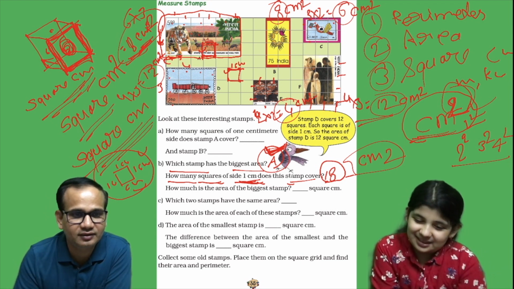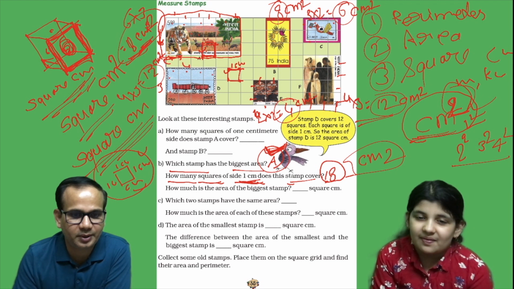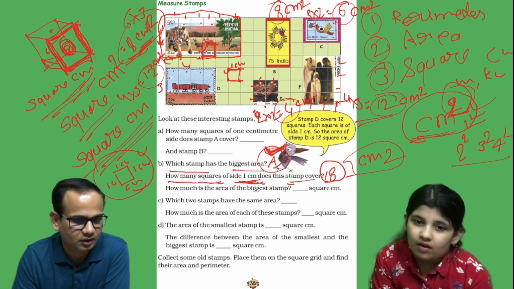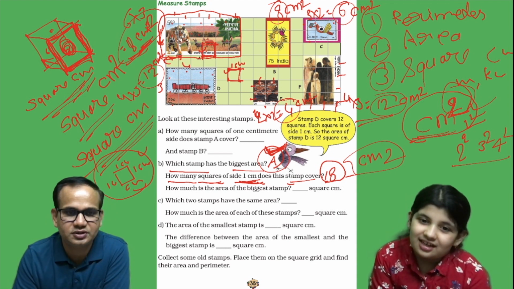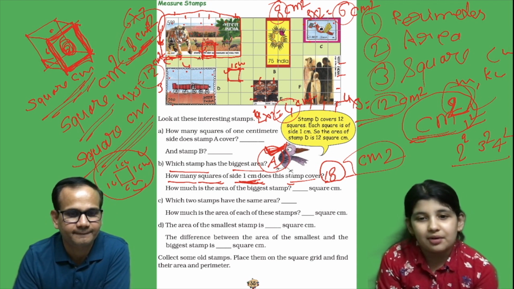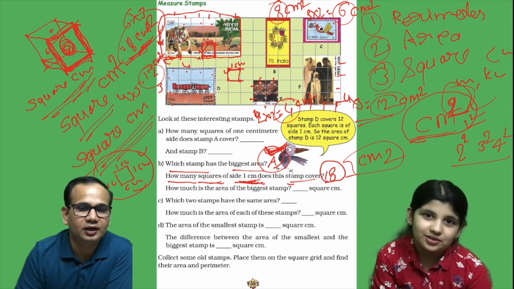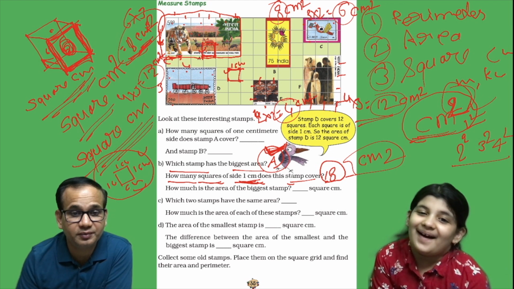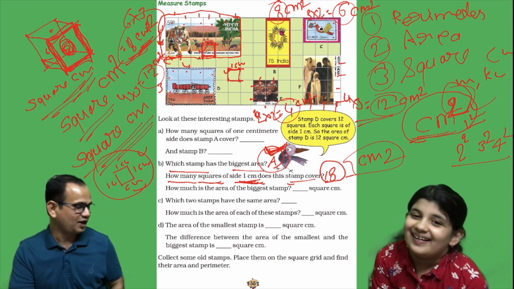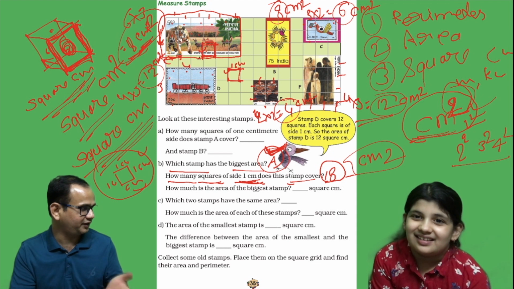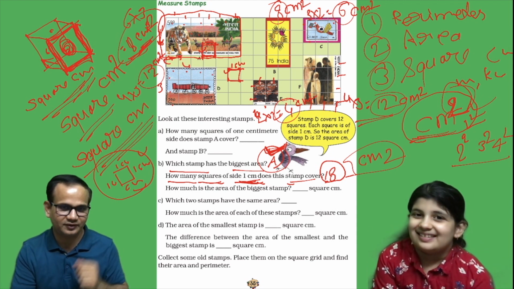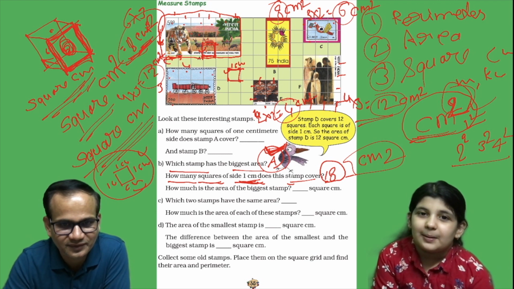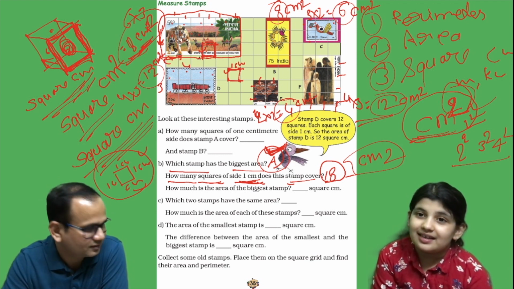Okay, we will go ahead. We'll stop here on the second page only. The second page in the chapter is page 35 in the book. We'll finish 2 pages of this chapter only. Okay, good. We'll read the next question: how much is the area of the biggest stamp? See, before I read this question I explained about the area and the number of squares. Now you have to answer it. I think you understood the question. Answer A.